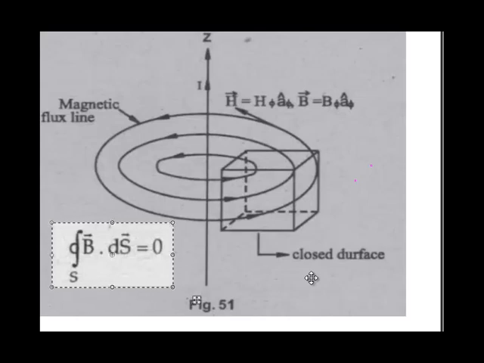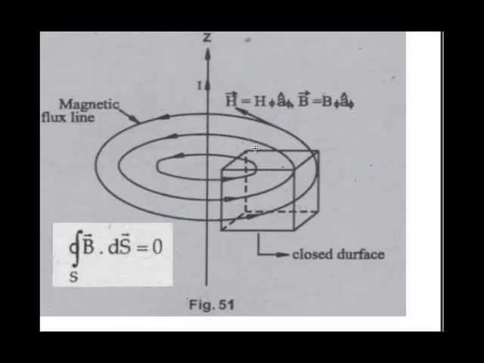You have to remember this: if you put any closed surface within the flux lines, the flux density will be 0. And it will not be affected by the variation in current. If the current increases, the number of flux lines also increases. Let the current initially be 3 units, giving 3 flux lines. But if you increase it to 10 units, there may be 10 flux lines entering, so 10 flux lines will be leaving, and the total flux density present in the box will be 0, because plus 10 and minus 10 will cancel out. So the total flux present will always be 0.